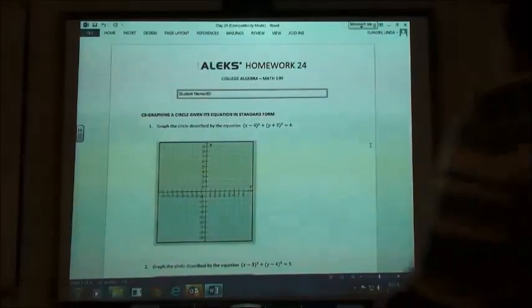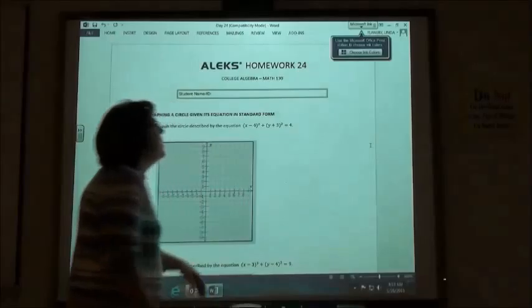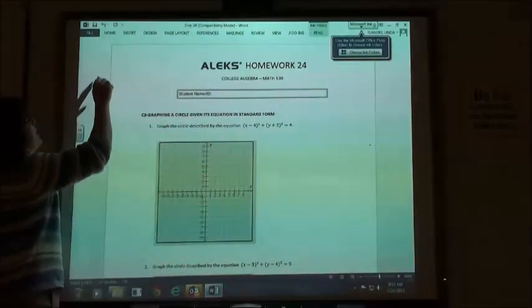So homework 24 starts with graphing a circle in standard form. Standard form of the circle says that I'm going to have